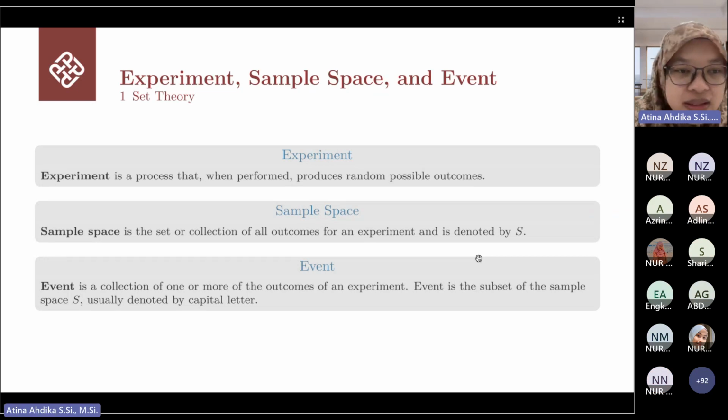Okay, the second is the sample space. If in the experiment we have a process, then the sample space is the set or collection of all outcomes for an experiment, and it is usually denoted by S. If we toss a coin, then the sample space will be head or tail, and we usually write it as, okay, how